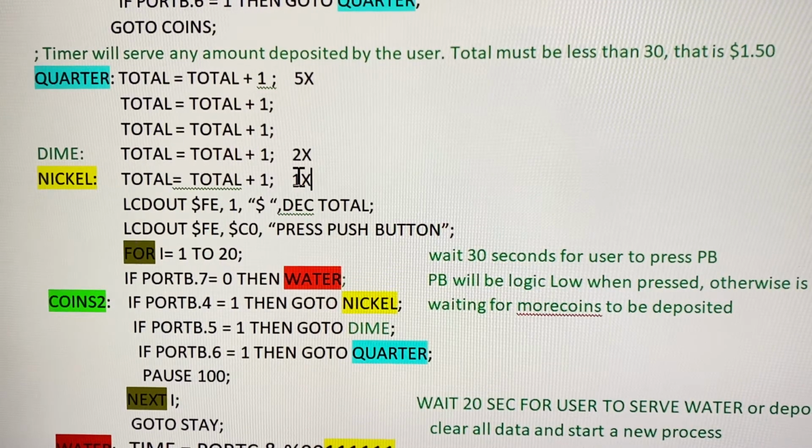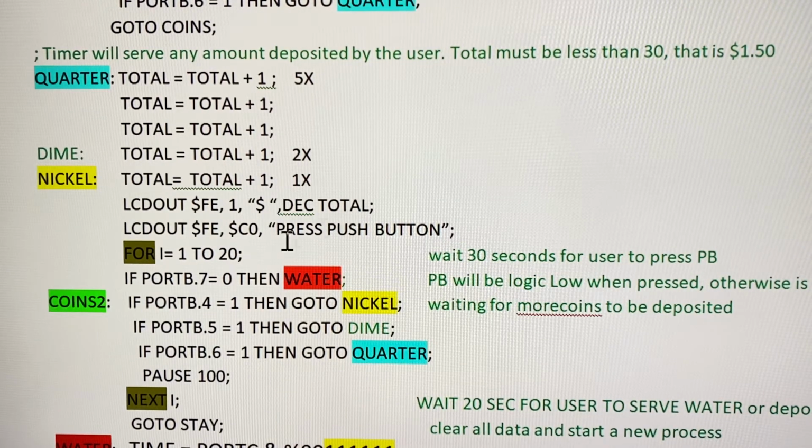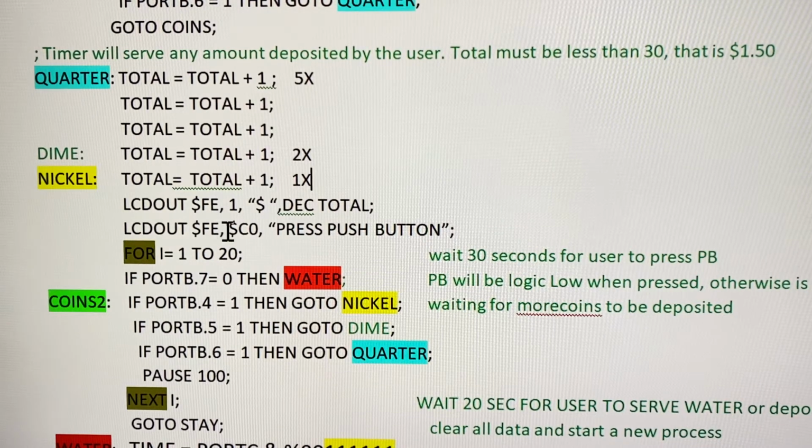Okay, and as a matter of fact, you will see the number of times, not exactly the amount of money, but we can change that, of course. And right here, the LCD out. This C0 is for the second line. In the second line, the user will see the message push